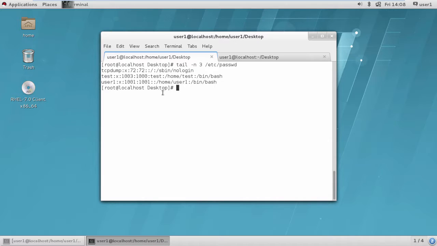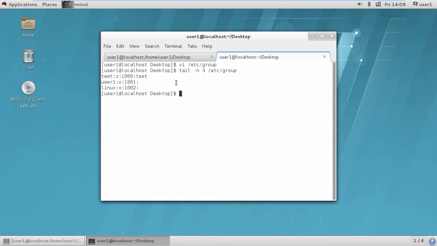Now we are going to see how we can change the home directory of a user. So for changing the home directory of the user, again we will give a command. By default we will again use this test user. So the test user has a home directory /home/test. So we are going to change the default home directory of the test user to a different folder. So for that,